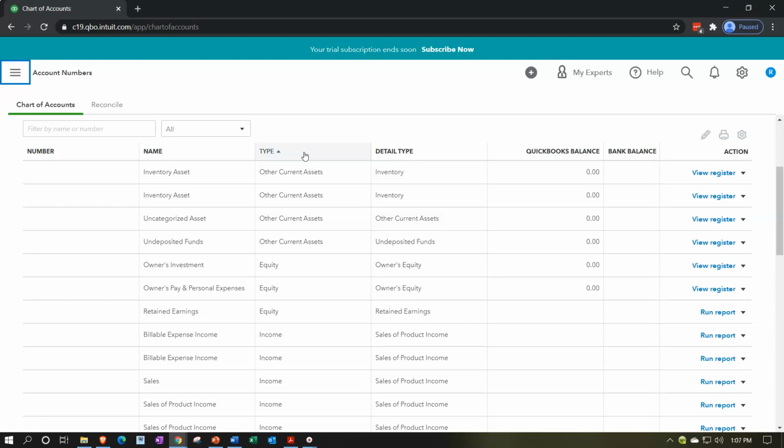Now, note that the default here will be to sort by account type. Now, you might say, well, yeah, but I can sort by name. I could sort by account number if I want to. And you could, but you want to kind of think about it in terms of the account type. There's a reason it's sorted by account type, because that's how the financial statements are grouped, balance sheet on top of the income statement. So although you can sort on the chart of accounts by account number or by name,